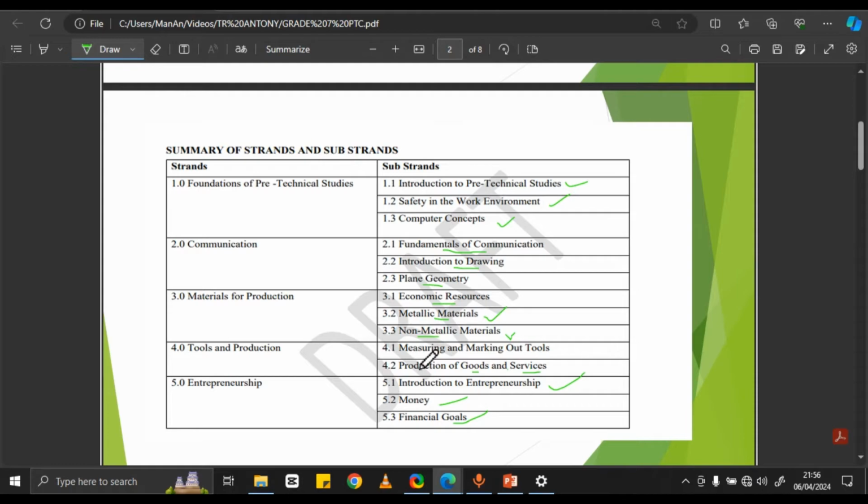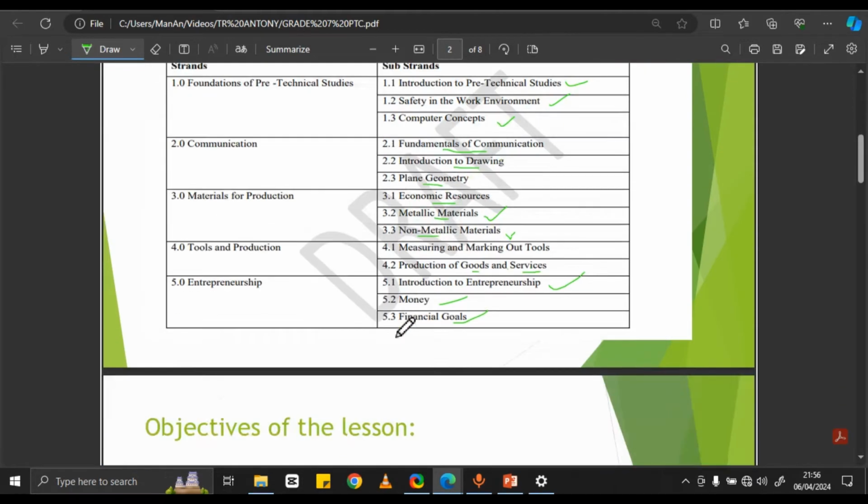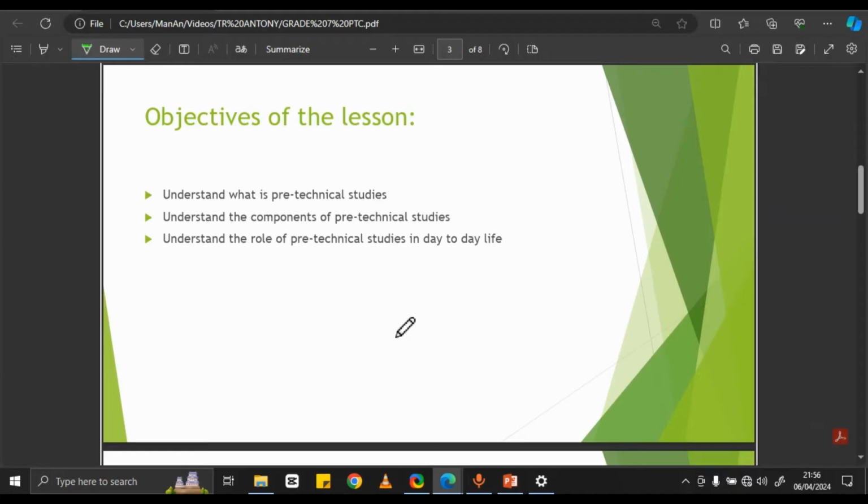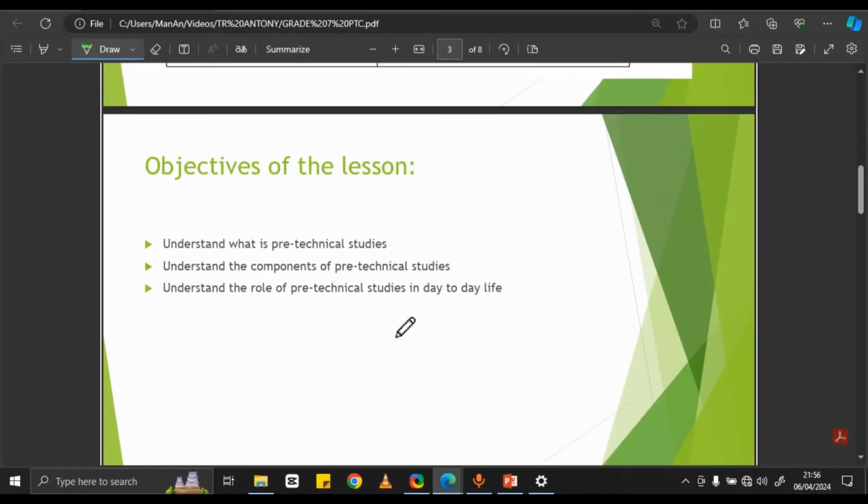Now, let us go straight to it. The objectives of this lesson, or what I want you to get from this lesson, is first, I need you to understand what is pre-technical studies. I need you to understand it by definition. Again, I need you to understand the components of pre-technical studies. And at the end of this lesson, you'll be able to understand, discuss and explain the role of pre-technical studies